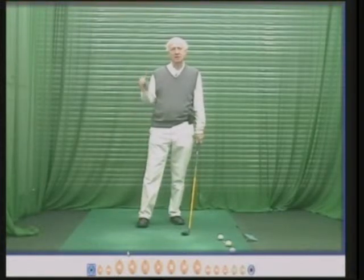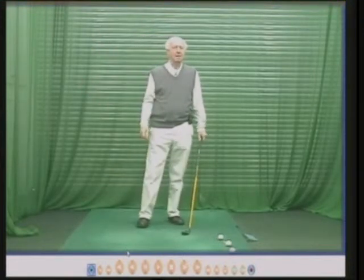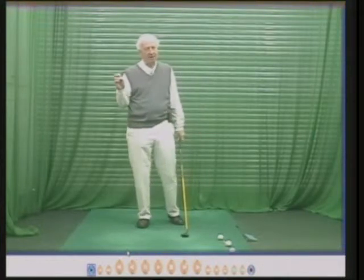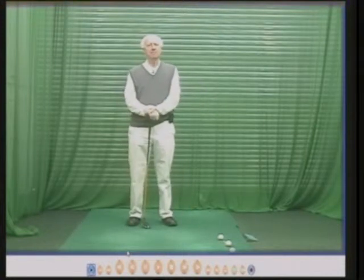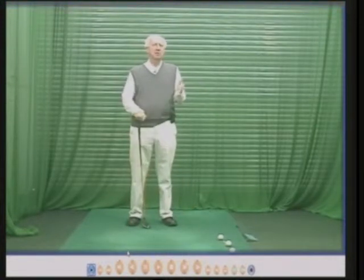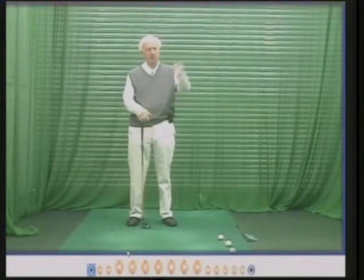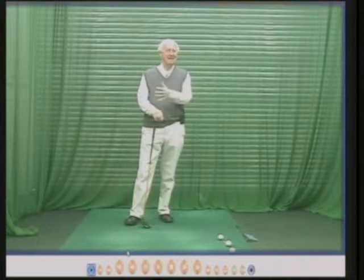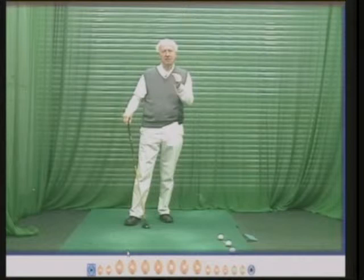I teach along the lines of, we'll take a person, male, female, young, old, and we'll see if we can make that person play better golf. And I usually can, not always, but most of the time. So the starting point was clearly Philip's swing when he came to see me first of all, which I'll show you in a second. I decided with Philip, as with everyone that I teach, that we must prioritize getting the